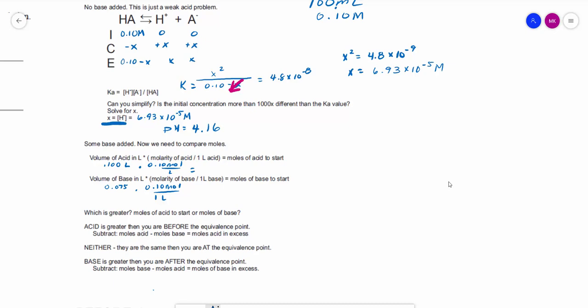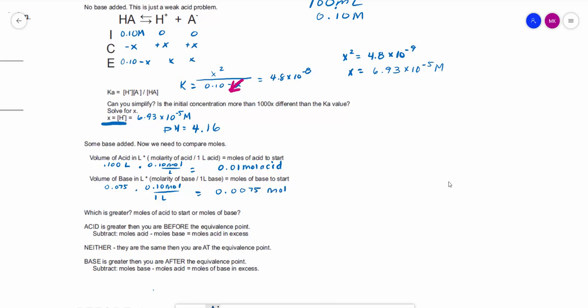So moles of acid to start, I have 0.1 times 0.1, or 0.01 moles of acid to start. For the moles of the base, I take my 0.075, that is the volume of the base converted to liters, times the concentration of the base, and I get